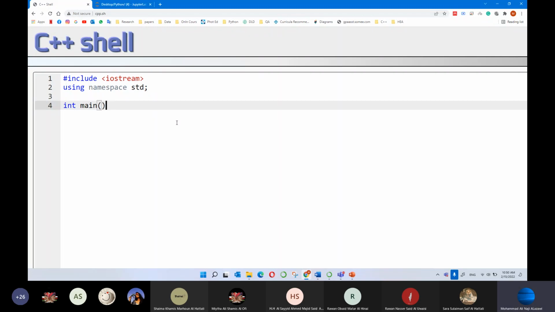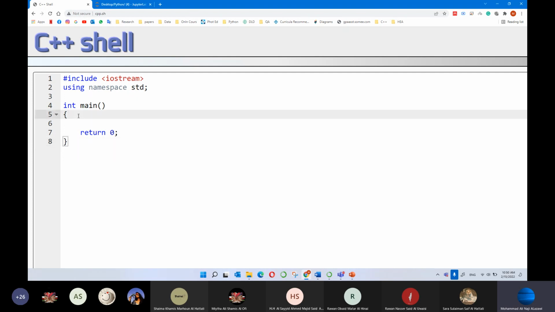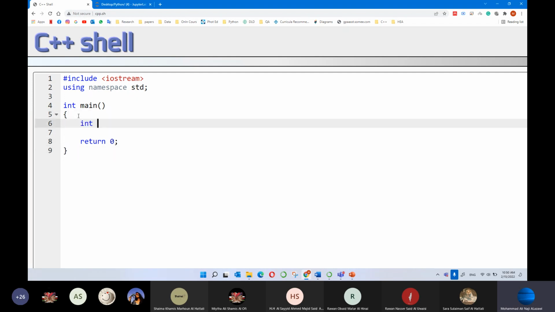Again, by the way, this part I can just copy and paste, but intentionally I'm writing it several times just to make you aware of it and familiar with it. Okay, so here I'll define int a of equals